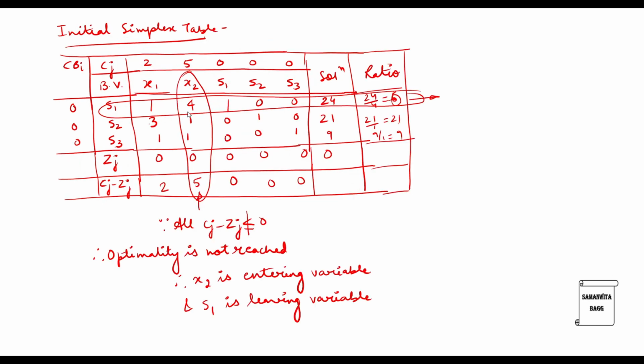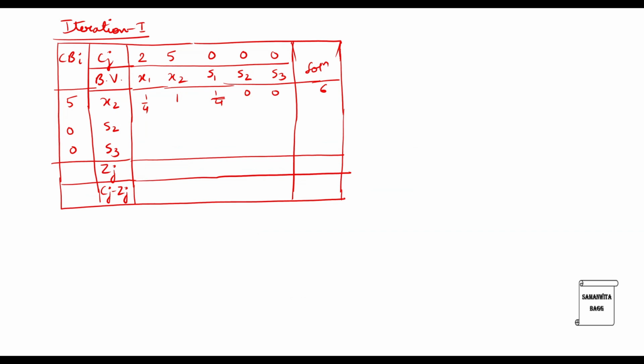Now I'll tell you one thing clearly: below the key element, these two terms will be 0, which I have already figured out. So without calculating directly, I'll write these two as 0. Even if you calculate, you will get them as 0. I have already explained the concept before in the previous numerical. You can go back and check. You will understand why they are 0.